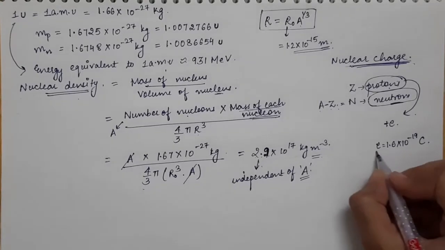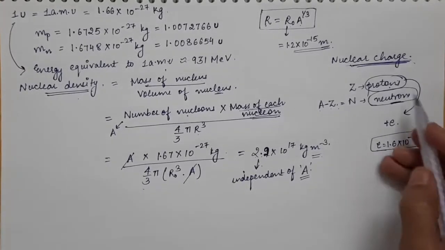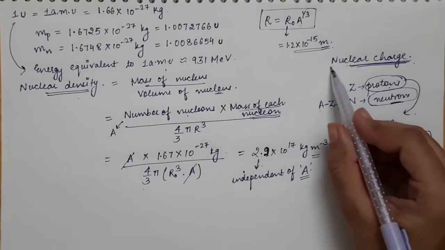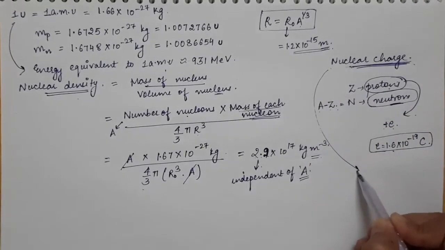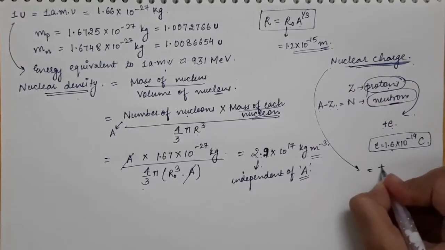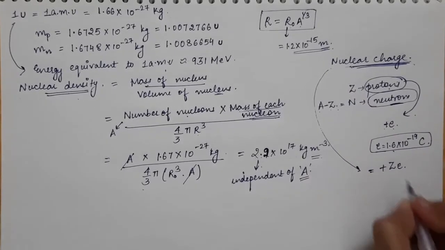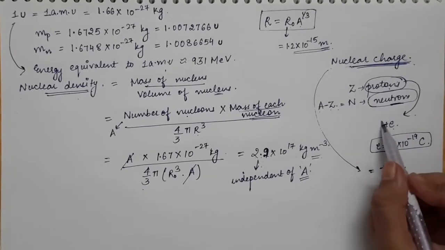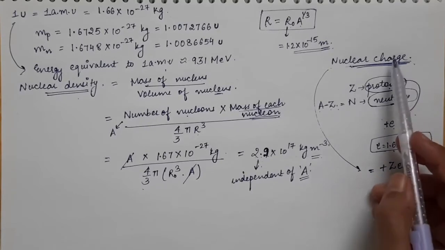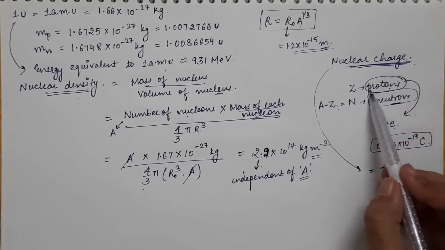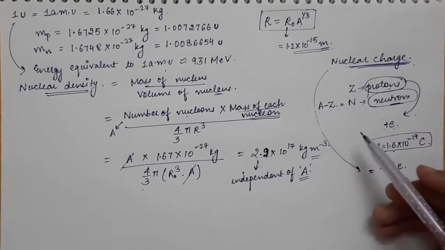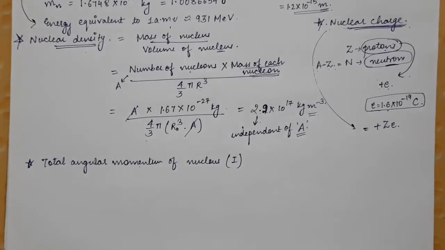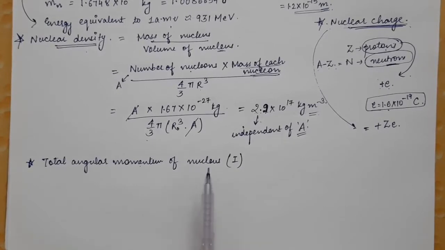So this is the value of e, and the charge on a proton is equal to plus e, and the total charge on the nucleus will be simply equal to plus Z times e, because Z is the total number of protons present and the neutron is a neutral particle. So the charge on the whole nucleus will be just due to the number of protons present inside the nucleus. The next property that we are going to study is the total angular momentum of the nucleus, and